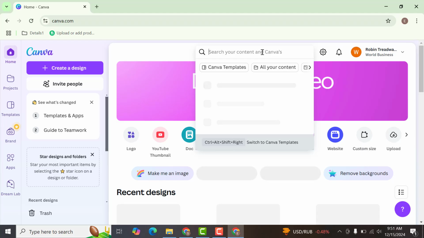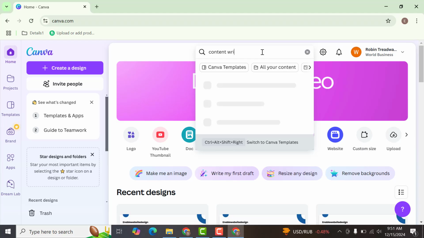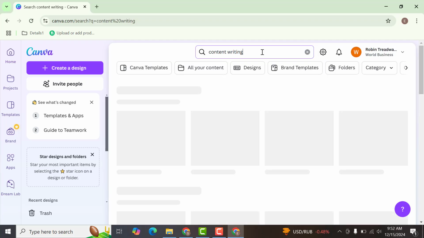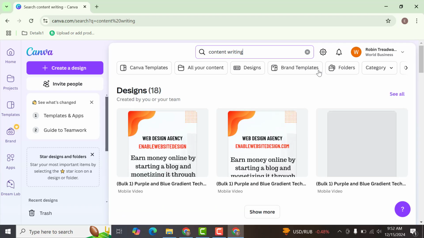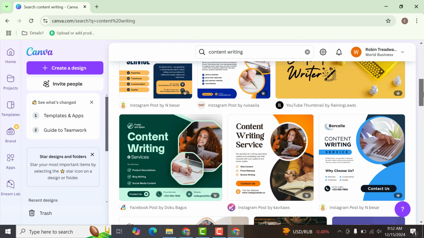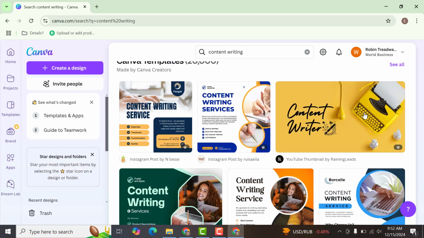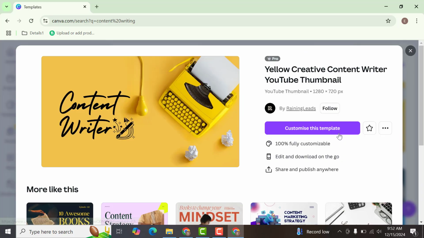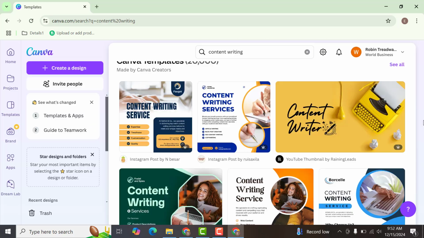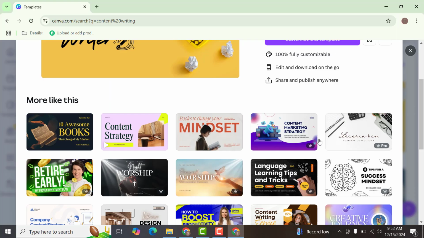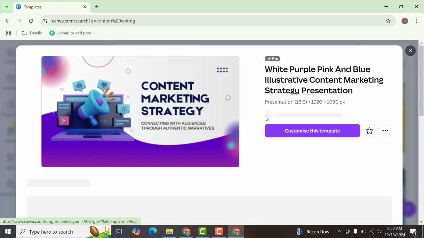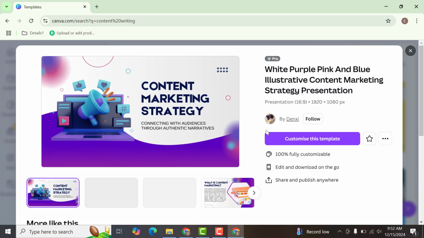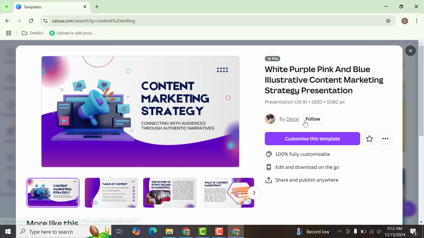So I can search for content writing, and I can pick one template for the content writer. So I can select this one, customize the template,